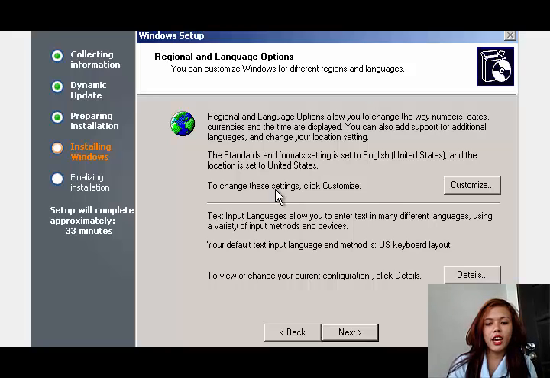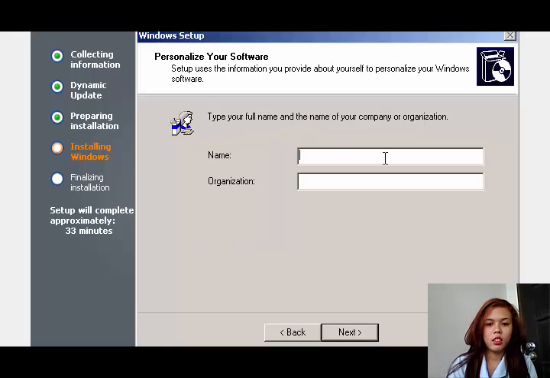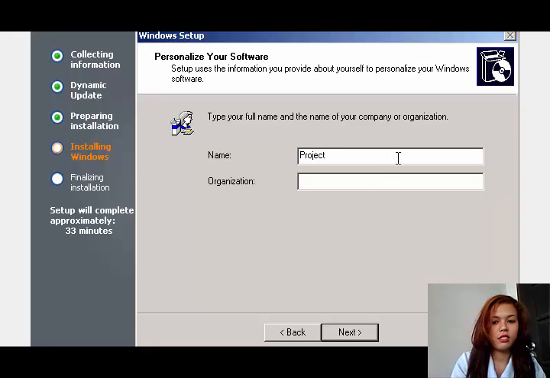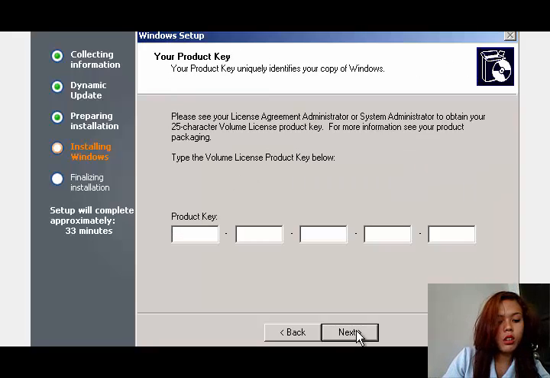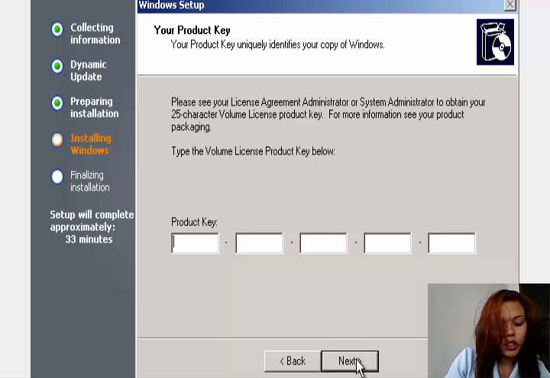Just click next. Then enter your name. It's up to you what name you will put. An example would be project. Then the organization, for example, the same. And yes, next. Then the product key of Windows 2003 is GC